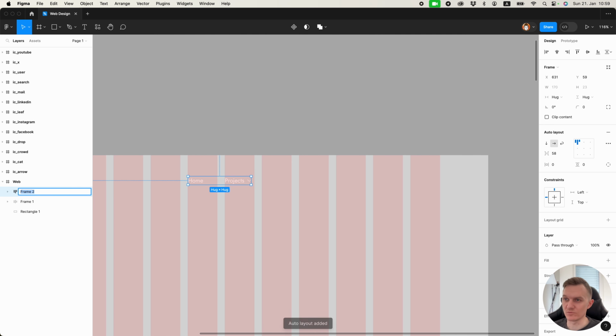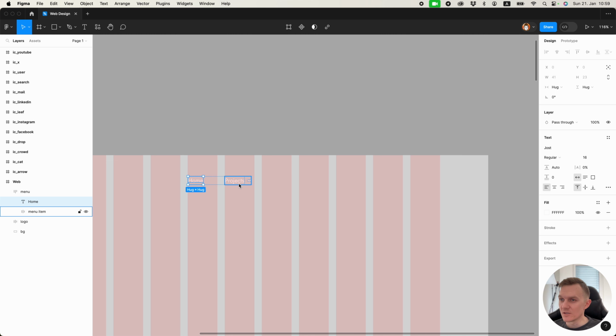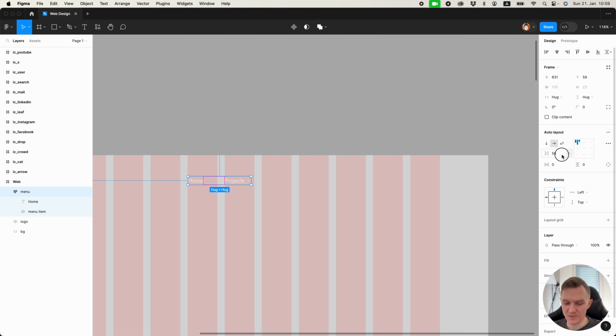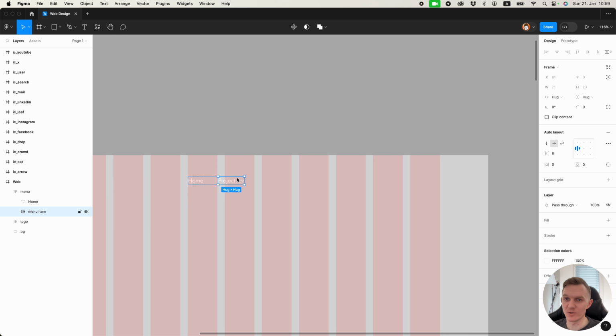Let's rename it to menu. The first layer, rename to logo. Keep this good habit of renaming your layers, because it will help you to navigate in your project when it gets bigger, and also the developers will say you a big thanks when they will take over this project and start developing. So okay, let's have spacing of 40 pixels, and now I select this menu item with a drop